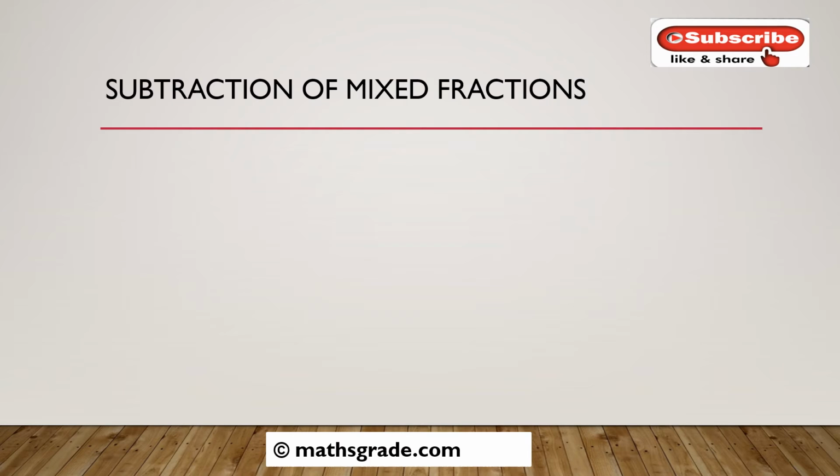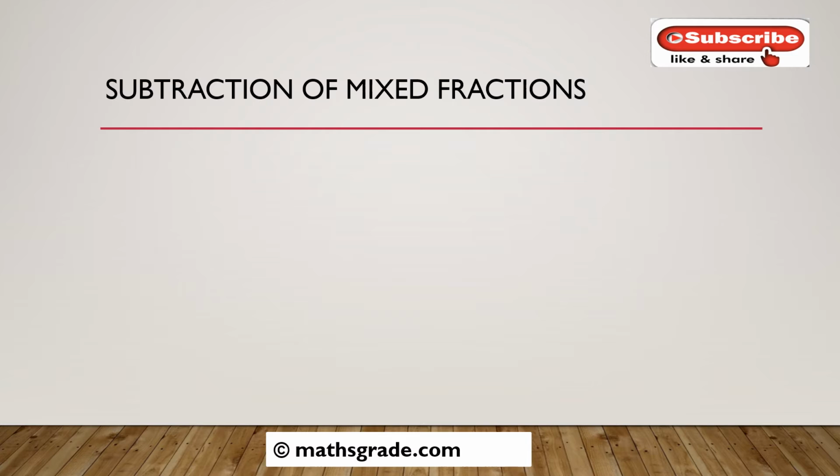Then after converting the mixed fractions into improper fractions, we first find the LCM. Then after finding the LCM, we have to convert those unlike fractions, that is the improper fractions, so that the denominator equals the LCM, just by multiplying the same number with both the numerator and denominator. Then the fractions we get are equivalent fractions, that is like fractions having the same denominators.